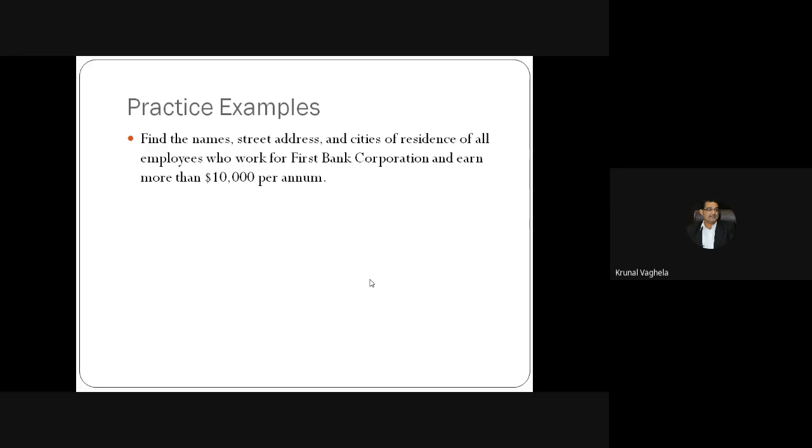Name, street and city of those who work for First Bank and earn 10,000 per annum.